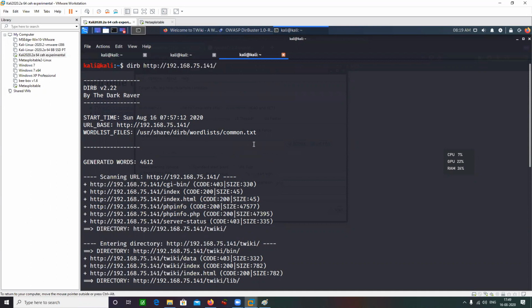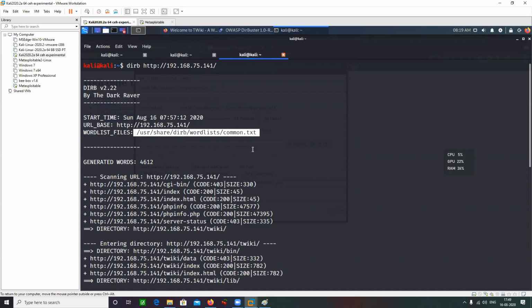Now let's say you want to provide your custom word list here. You did not provide this common.txt here. It was taken by itself by default. How can you provide your custom word list here? You can see that 4,000 words were used for doing this brute force, but you want to use 20,000 words, 30,000 words, 2 lakh words, 20 lakh words.